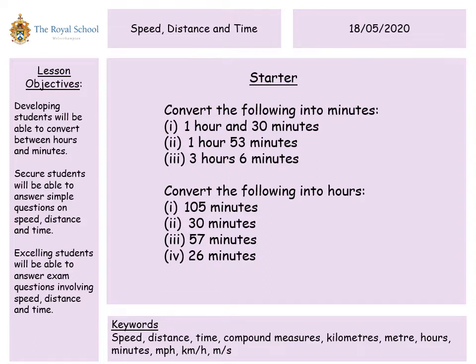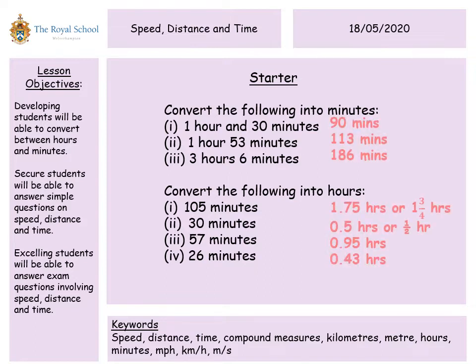Okay, on to the answers. So 1 hour and 30 minutes in just minutes. Well, 1 hour is 60 minutes, so add on the spare 30 we've got and we get 90 minutes. For the second question, the same idea. We've got our 60 minutes from the 1 hour and the 53 spare, so we get 113. And the third one, we have 3 hours, 3 lots of 60 is 180, and then the 6 spare minutes, so 186. When you're converting the following into hours, then we need to find out how many lots of 60